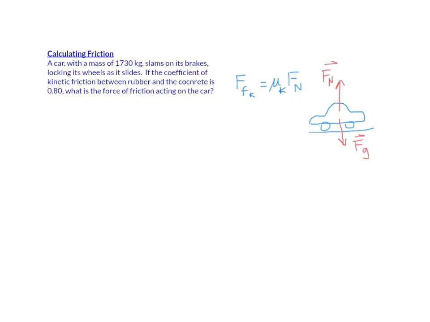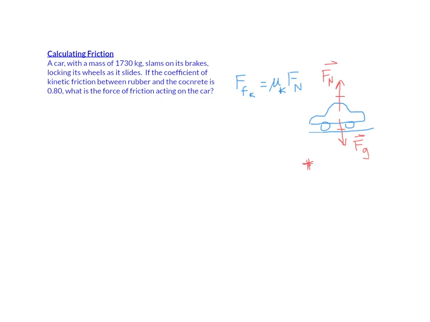It turns out, because these forces are kind of like a tug of war, the force of gravity pulls down, the normal force holds it up. These two forces, if the car is not moving up or moving down, are balanced. It's like no one's winning the tug of war. They're exactly equal, so it's not going to move up or move down like a tug of war would. So we're going to use this. This is a very key